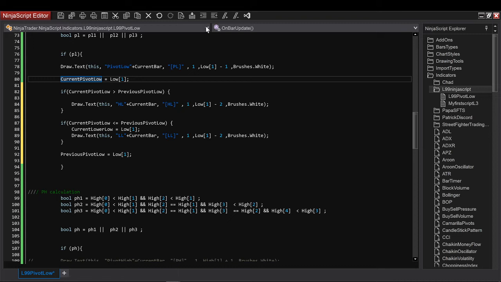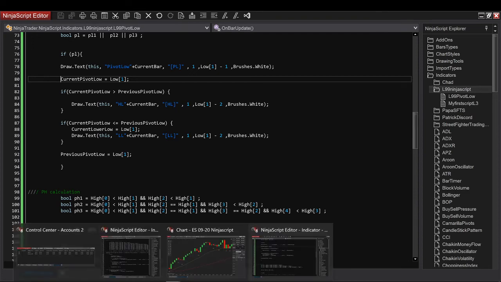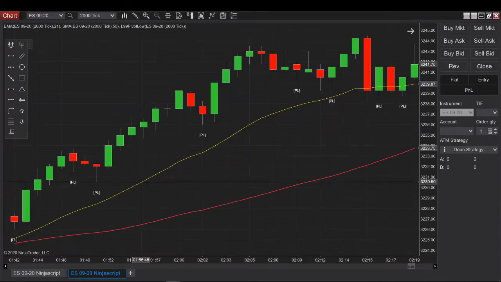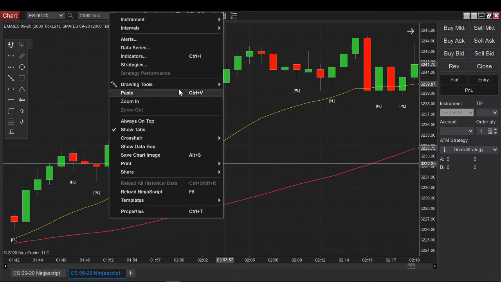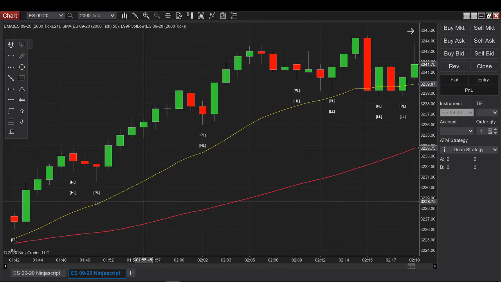Okay. So once I have this, I execute. And then I check what it is doing on my chart. So normally I should have lower low, higher low, higher low, lower low. Okay. So I reload. Lower low, higher low, higher low, lower low. Boom. It's done. Now that we have this, we have done the most complicated stuff.